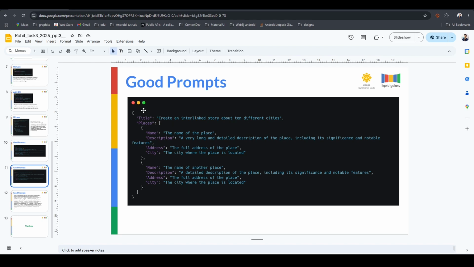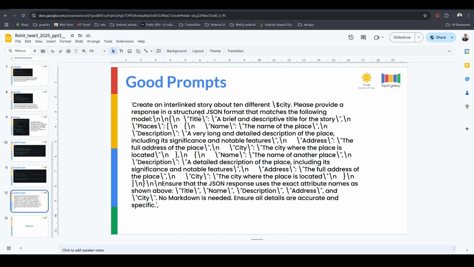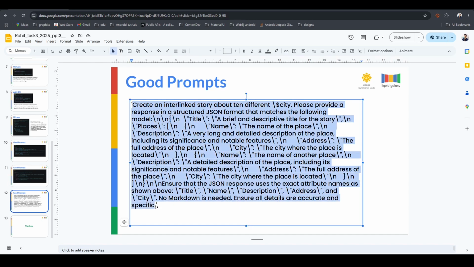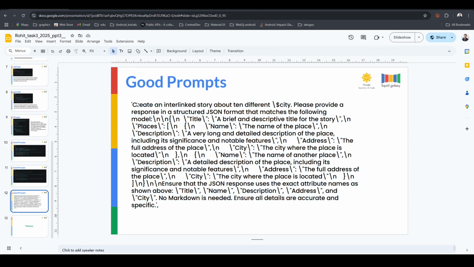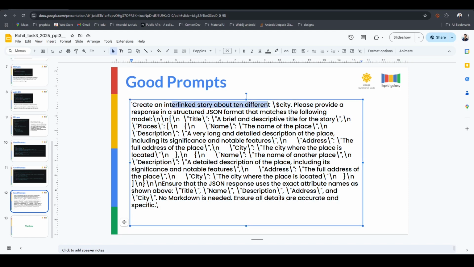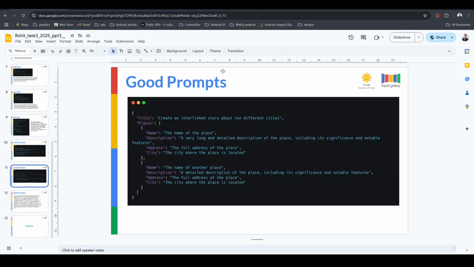Now for that, this title, places, and this is the proper structure. If we go here, this is what I have used in the prompts. Create an interlinked story about 10 different cities. Please provide a response in a structured JSON format that matches the following model. Now this is the format in one line structure. If you use this in any of the AI tools, then it will structure the prompts properly